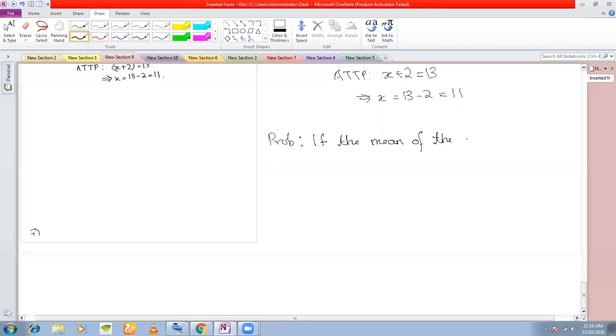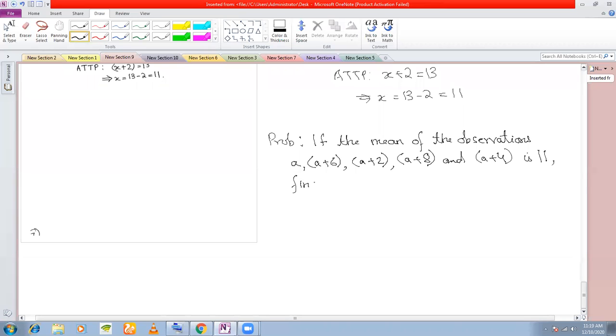If the mean of the observations a, a plus 6, a plus 2, a plus 8, and a plus 4 is 11,